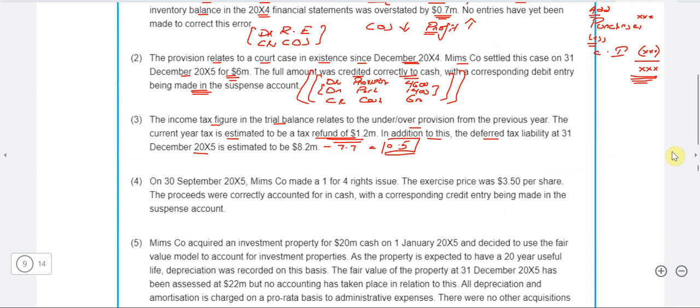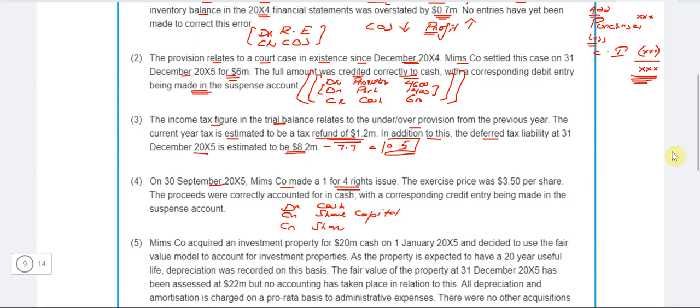On 30th September 2005, MIMS company made a 1-for-4 rights issue. The exercise price was 3.5 per share. The proceeds were correctly accounted for in cash with the corresponding credit entry being made in the suspense account. We know when the shares are being issued, the entry is debit cash, credit share capital,